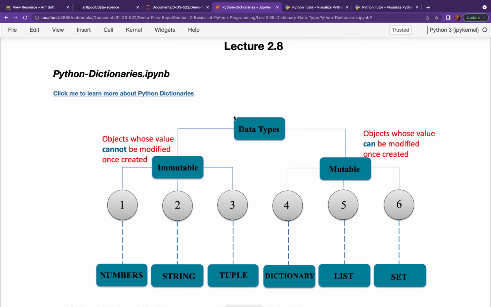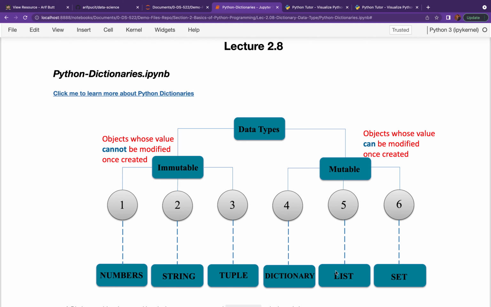Well, today is the last session of discussion of these six built-in data types. In the last session, we discussed the set data structure, which is an unordered and unindexed collection of heterogeneous items that is iterable, mutable, and allows no duplication of elements.